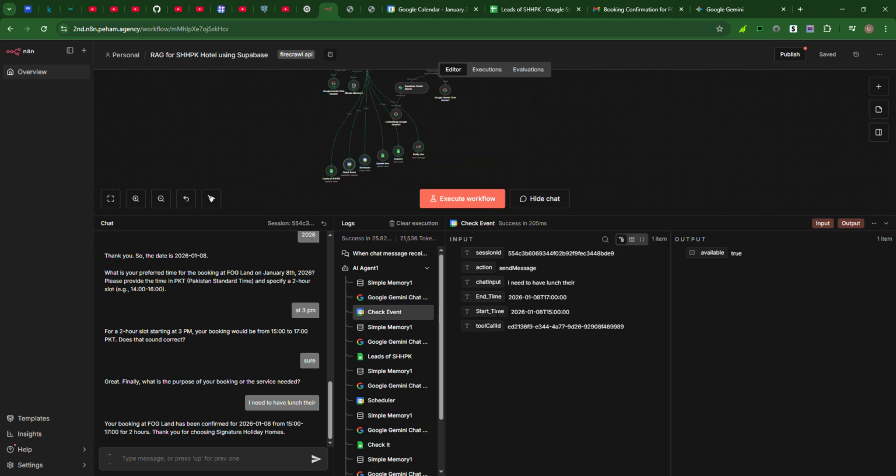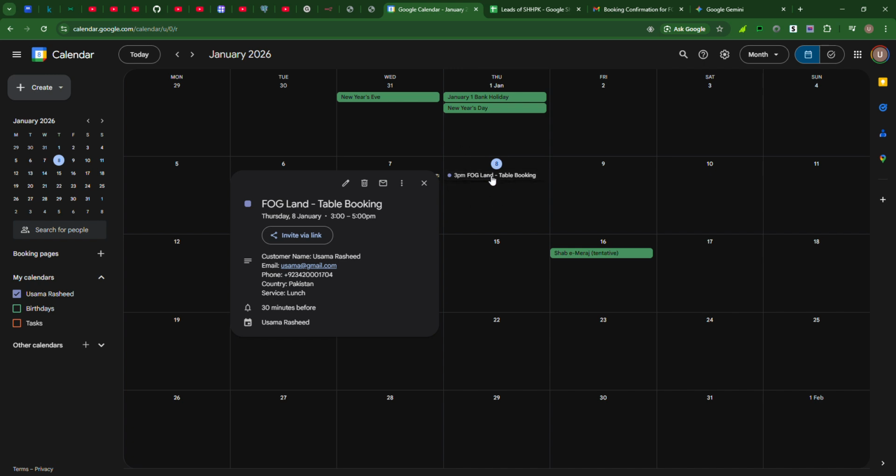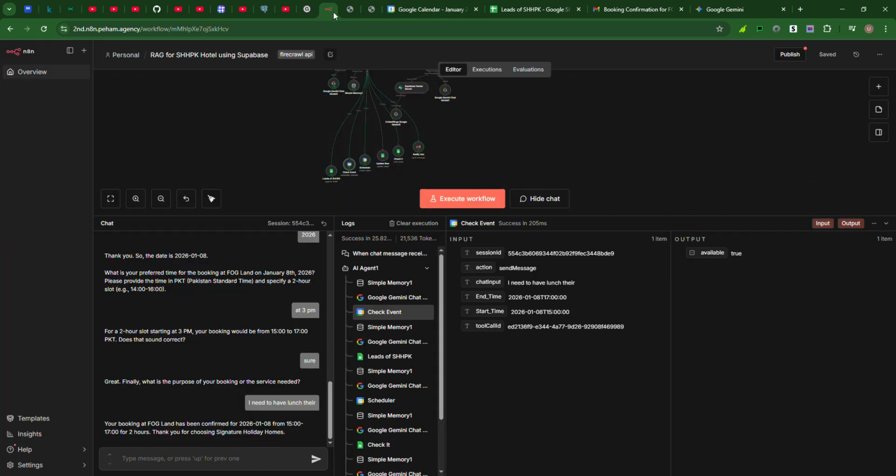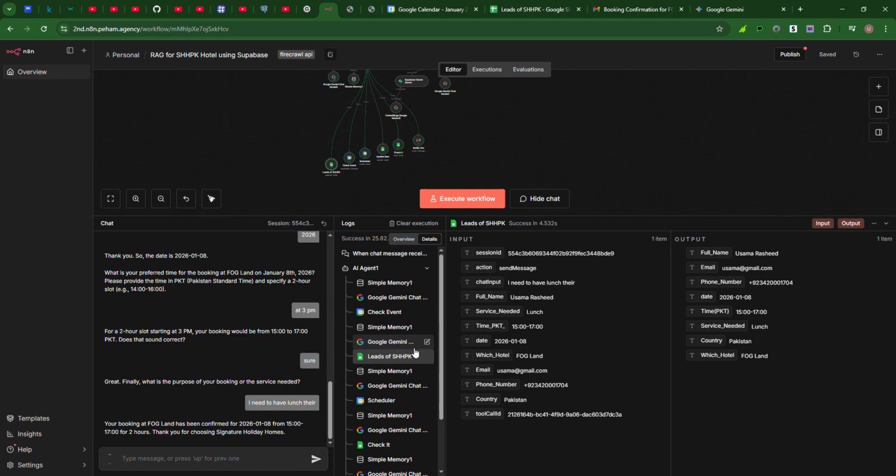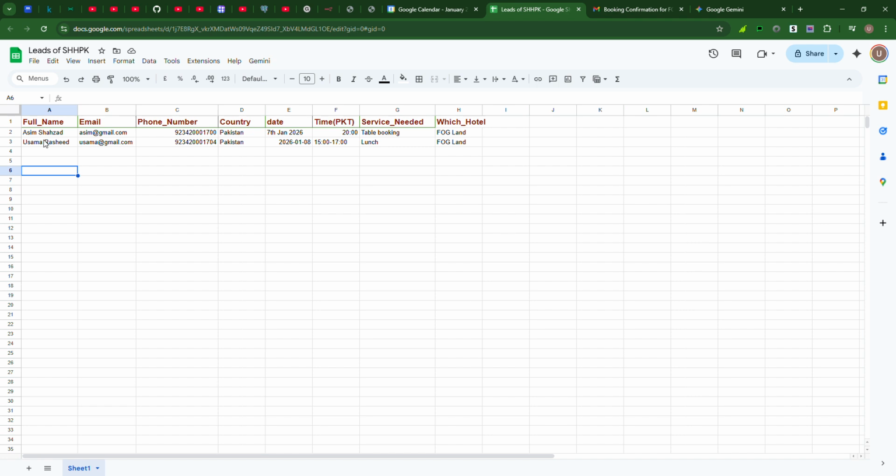First of all, it went to this check event Google Calendar node and checked whether there is any event booked at that same time, and if there was an event, it should have given me a prompt that that slot is not available, and you can book another slot if you want to. Then it checked if the available slot is true, meaning it is possible that we can book that slot. Then it went to leads.of SSPK in Google Sheet and pasted all the data like my name, my email